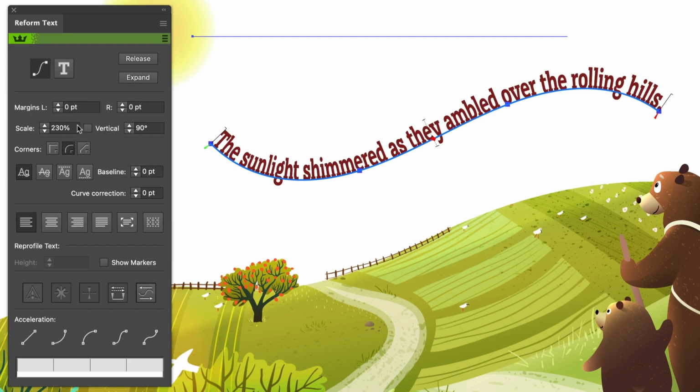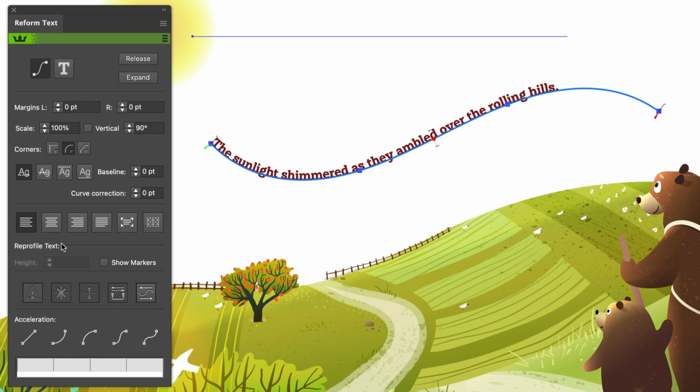Now let's go back to 100% scaling, and we'll look at the row of alignment buttons. And these are just as you would expect. We have left alignment, center alignment, and right alignment. Then these three buttons are for justifying the text. The first reflows, spaces, and scales the text to fit exactly inside the delimiters. The next button, Justify and Scale, does this too, but it maintains the original proportions of the type. So I like to use this as a reset so I can get back to the original type proportions no matter how I have the delimiters set.